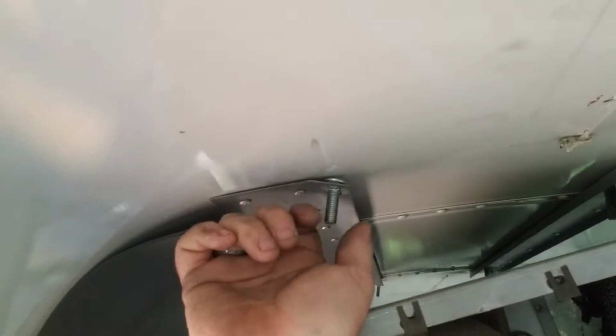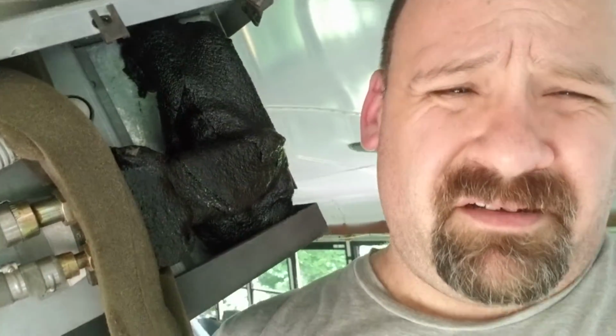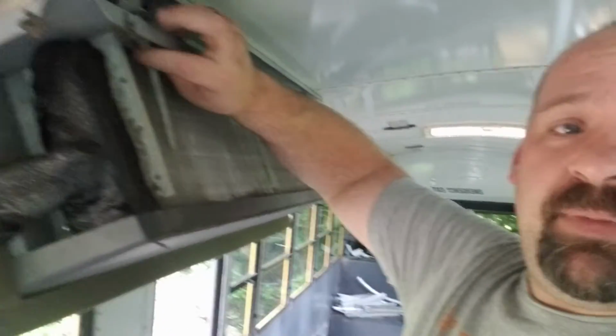Do the magic of television. So we have that hanging up there. These are pop riveted in. And I just finished saying that we don't have rivets on the bus. Grinder. So our next step is for my dad and I to figure out how to back this thing off